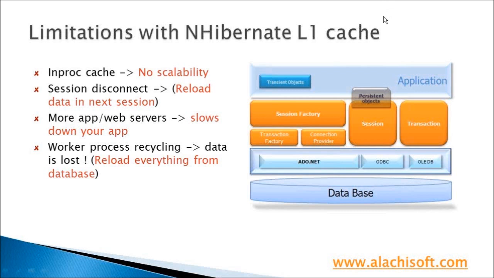NHibernate is an excellent ORM tool for your application, and it simplifies your coding standards across different teams. NHibernate gives you an in-process cache by default, where you can hold the data temporarily inside your worker process for each transaction. This works fine for single server applications, but this becomes a performance bottleneck for enterprise applications.